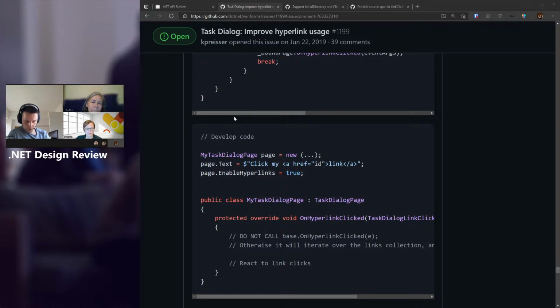To come back, Kathleen, to your question, you can generate links by just using the expected notation, less-than a href equals blah blah, the same sort of HTML style hyperlink stuff. So you can generate that and apply it, and the task dialog will render the hyperlink for you. But unless we provide you a way to opt into that plumbing and handle the click event, there would be no way for the user to handle that click. That's why we're creating the opt-in mechanism via an override for you to handle yourself.